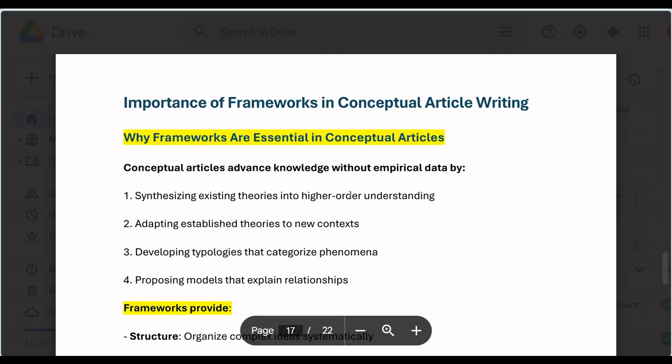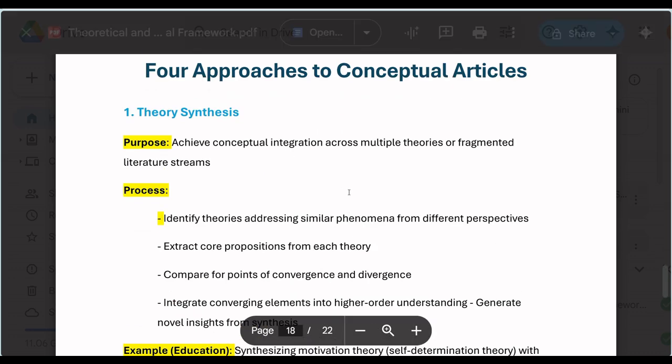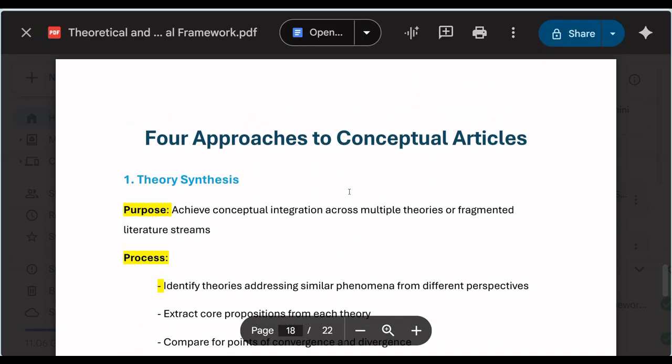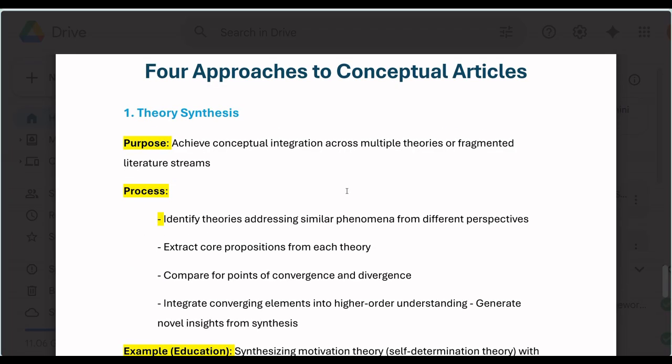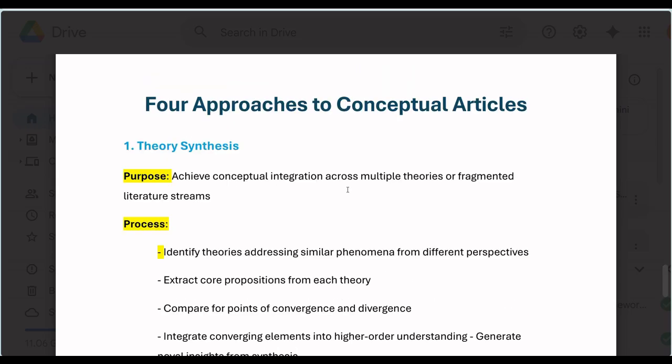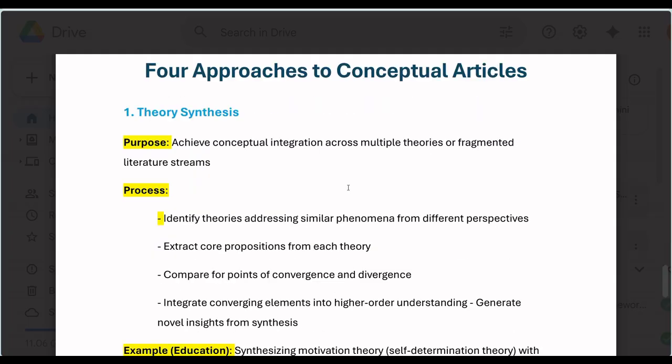It's about a 22-page material. Anybody can pick it. You will see how you can integrate theory and framework into your study when you are writing an article or a thesis. There are about 4 approaches on how to use it in a conceptual article. I've written a couple of conceptual articles. In fact, I love conceptual articles so much, and I've been able to integrate it. It's one of the areas I love so much while writing, particularly when you don't have data to work with. It is your best bet and a way to go.